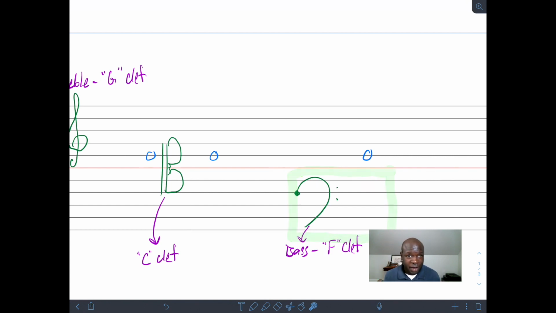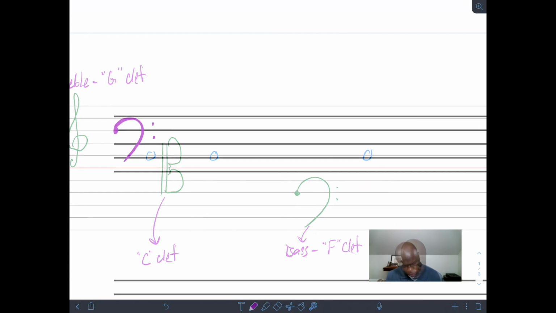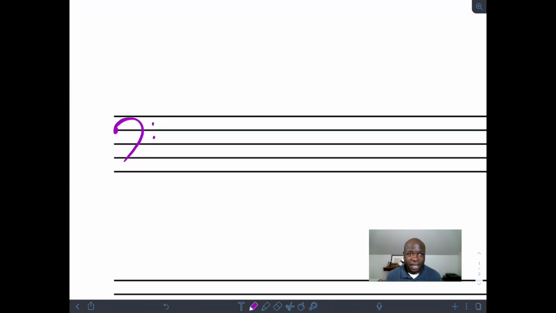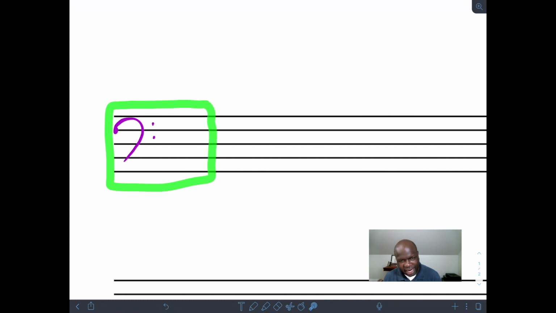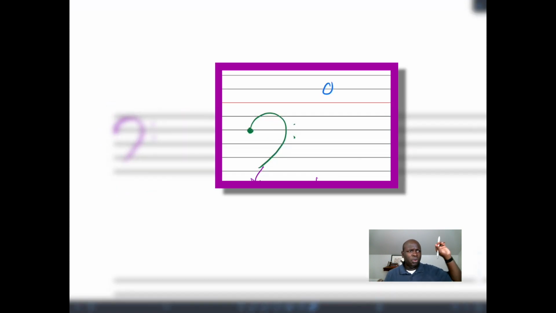Well, let's go back to the 5-line staff and we'll take a look at how that works. So here I'm on the 5-line staff. I have a bass clef here now, but I wanted to figure out where that E was. We remember that the E was outside the range of the staff. In fact, it was like two lines above where the staff is. So how do I figure that out?